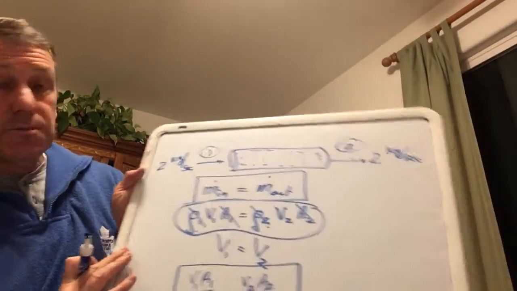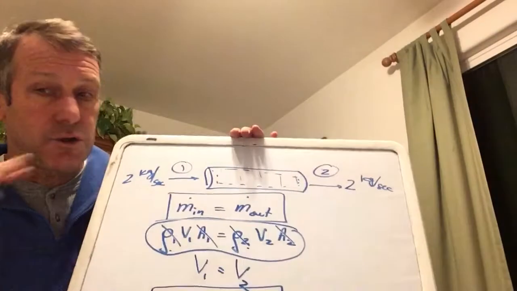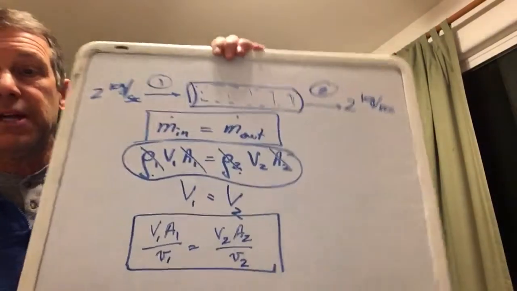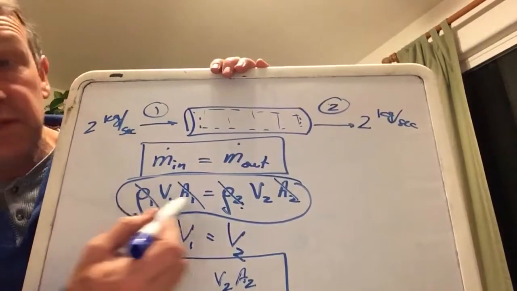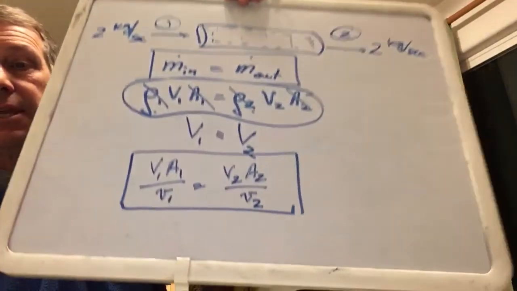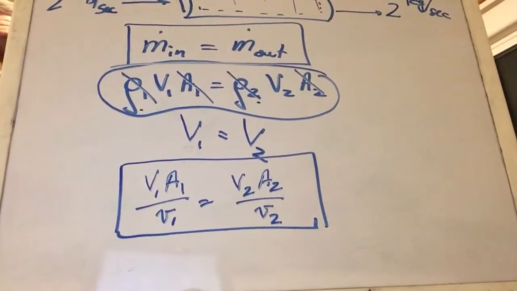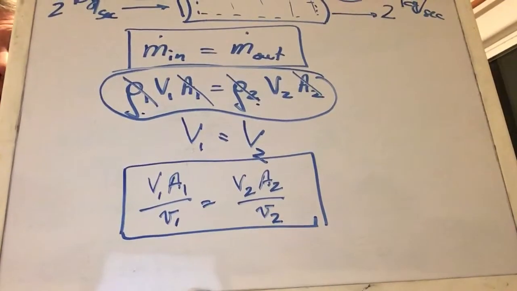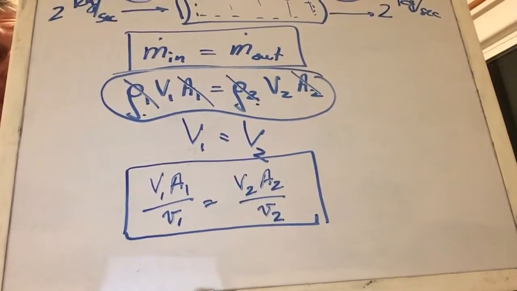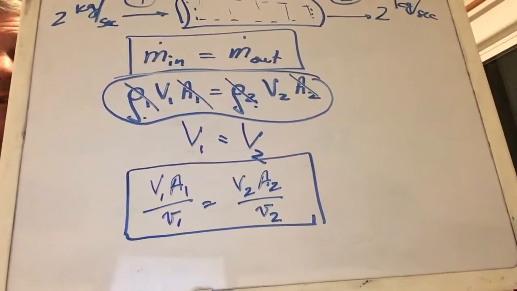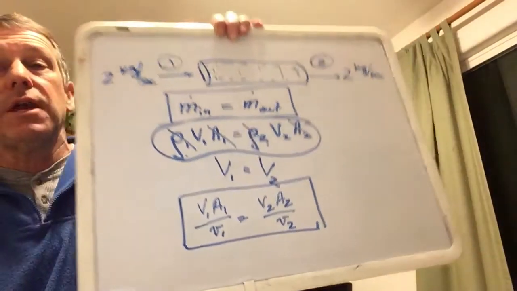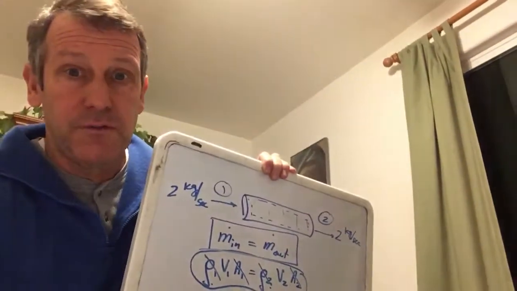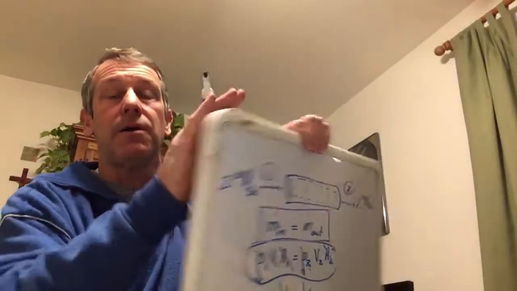Okay, so in general for steady state, our total mass flow rate in and total mass flow rate out have to be the same. That can also be written with this density formula. And finally, it can be written in terms of specific volume. V1A1 over the specific volume at the inlet is equal to V2A2 over the specific volume at the outlet. All right, good. Okay, so before we apply to diffusers,